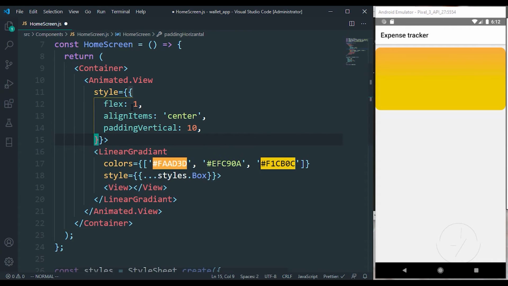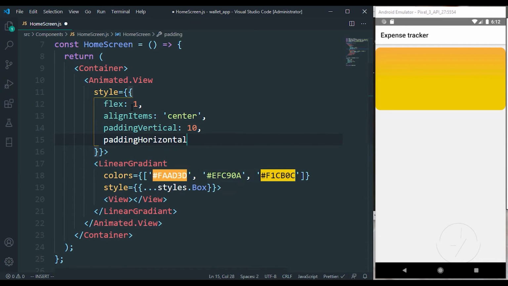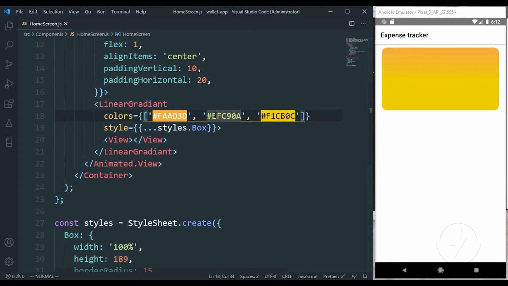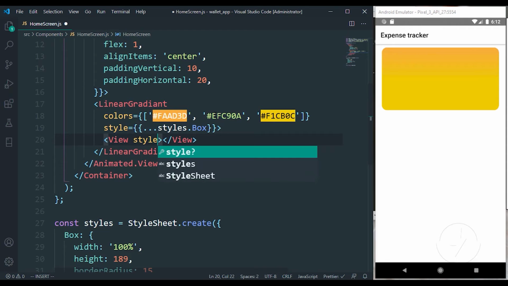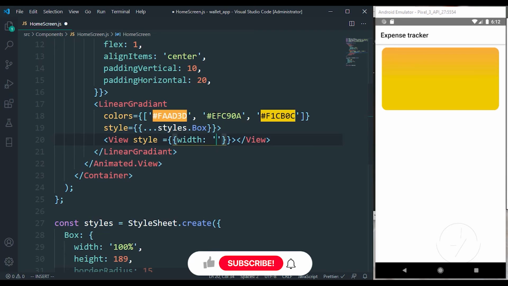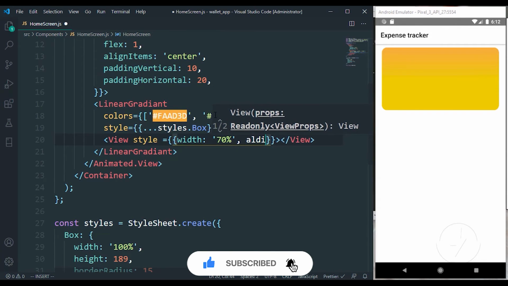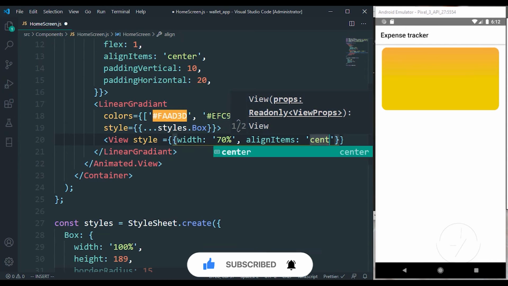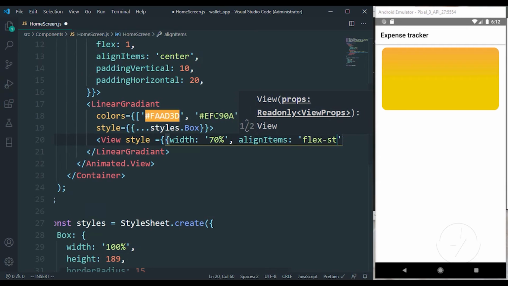So I think padding horizontal is 20. So let's save that, because we don't want this at the edge of the border. Right now inside this view, we have to add a couple of styles to it as well, but we are going to be adding an inline styling for this one. We have the width of 70%. We also have to align the items to flex start,